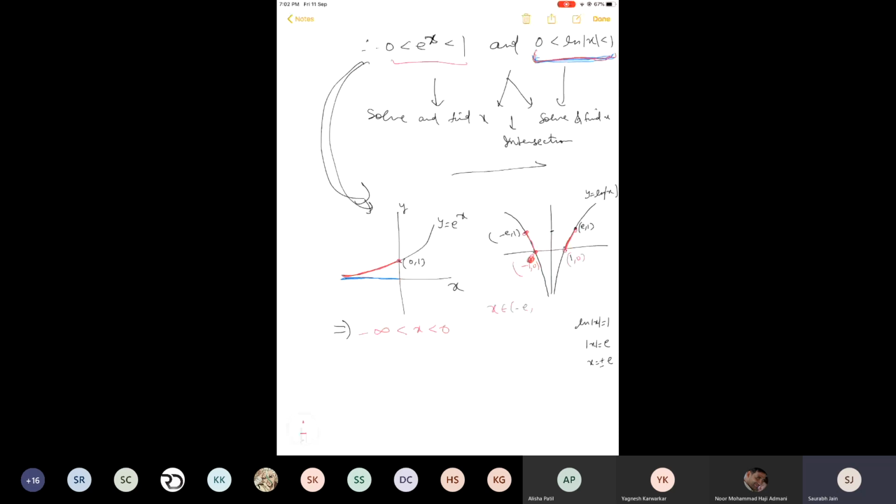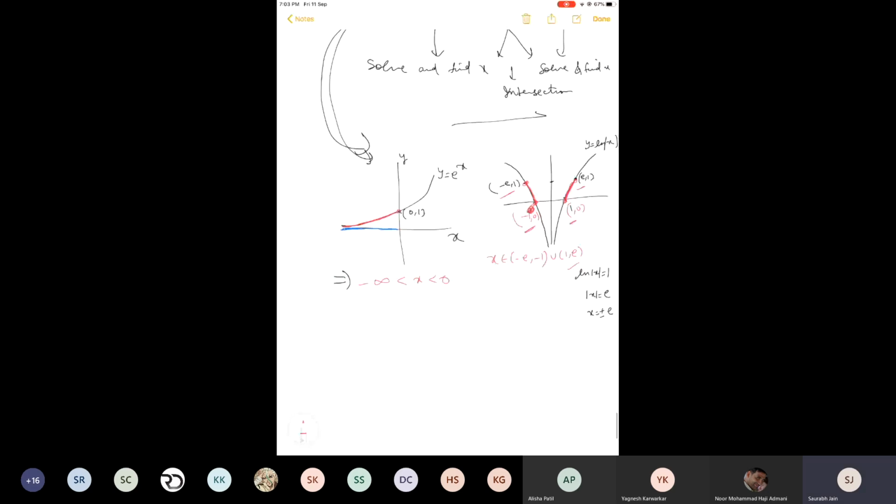Because see, let us consider this right portion. What is the change in height from 0 to 1? This is what is given. And for that, what is the change in x, or what are the values of x that you have put? They are from 1 to e, which is here. Similarly, in the second red portion, height is from 0 to 1. Because of that, what is the change in x? It is minus e to minus 1. Please read from a lower to higher value. Do not use minus 1 to minus e. It is minus e to minus 1.